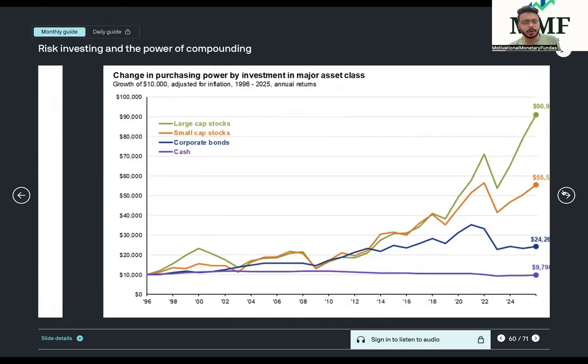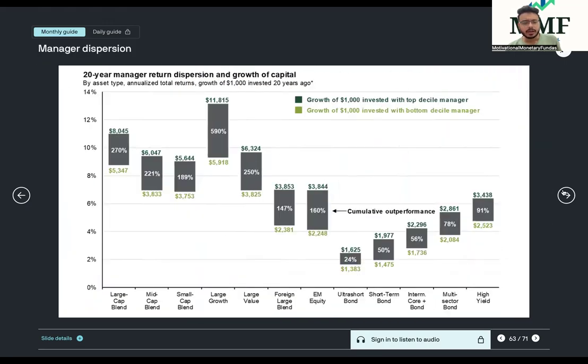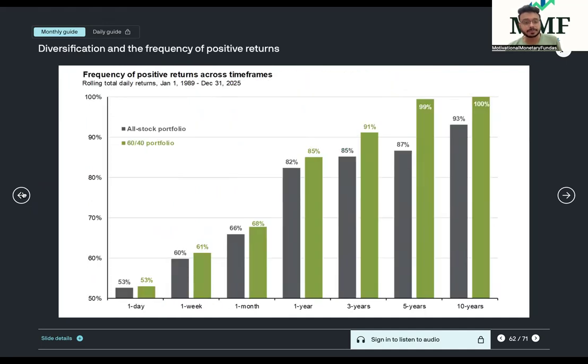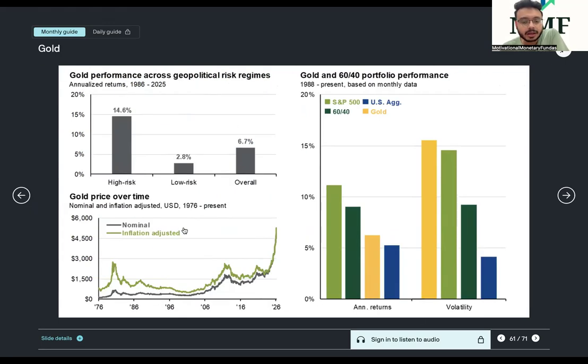The rest can be viewed by you on your own, right? In US, a 60-40 portfolio is very famous, right? It takes 60% into equity, being the global equities and US equities, and 40% into debt. That's the fixed income, the global fixed income. And over rolling returns, if you see rolling daily returns from 1989 on a 10-year basis, over 10 years, 5-year, 3-year, historically, the 60-40 portfolio has outperformed the S&P 500.